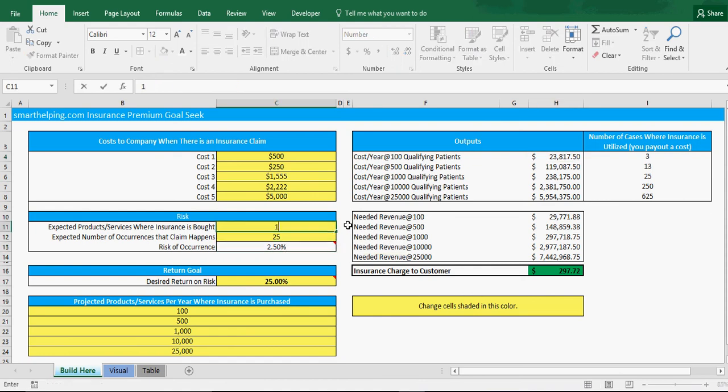Let's say you got 100 people. For every 100 times, let's say it's 25. That makes it real easy math. So your risk of occurrence is 25%. Here, now look at how much you got to charge. If you say 1 in every 4 people are going to have a claim, and this is what it costs to pay out the claim, you're going to have to charge every person